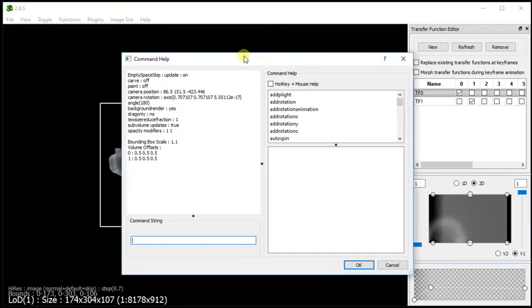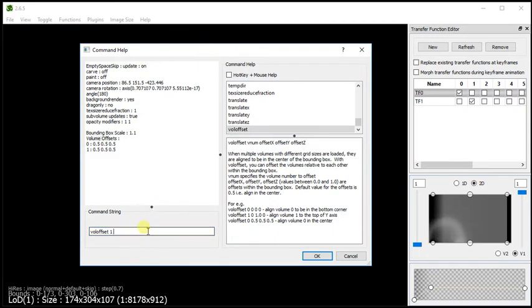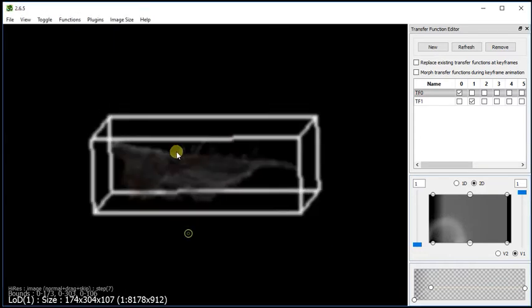and in the command, so these are the new features here, the new commands, the bounding box scale and the volume offset. In order to change the volume offset, it's vol offset, then give the volume number. In this case I want to change red, which is volume number 1, and I want to change by these parameters here. So let me change it to 0, 0, 0. Default is 0.5, 0.5, 0.5, which is basically the center. So if I change that, then